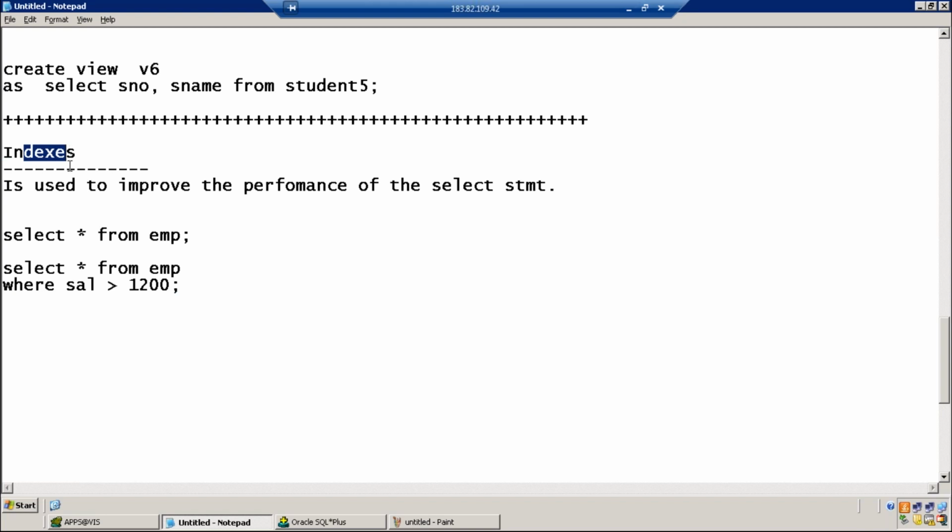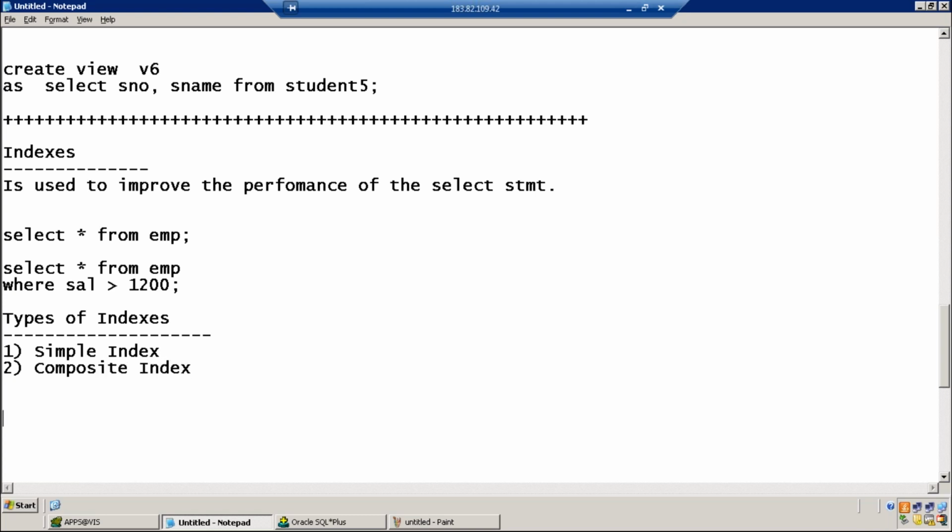Types of indexes. There are two types of indexes, simple index and composite index.